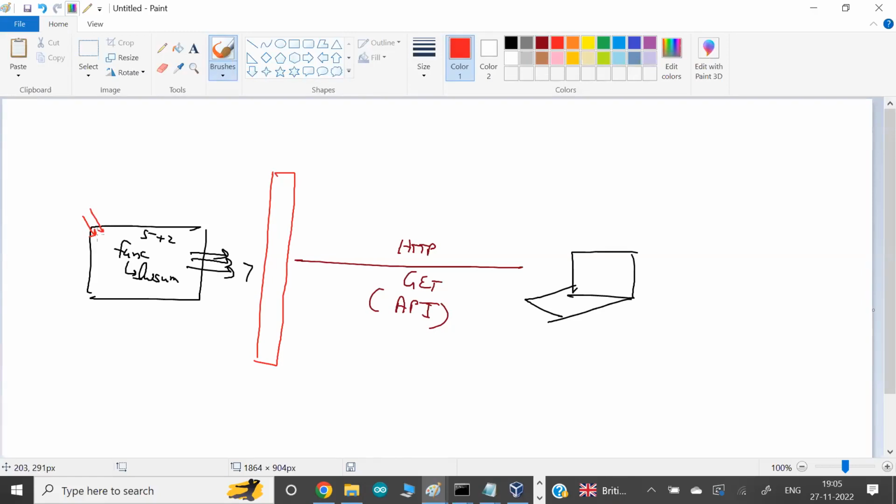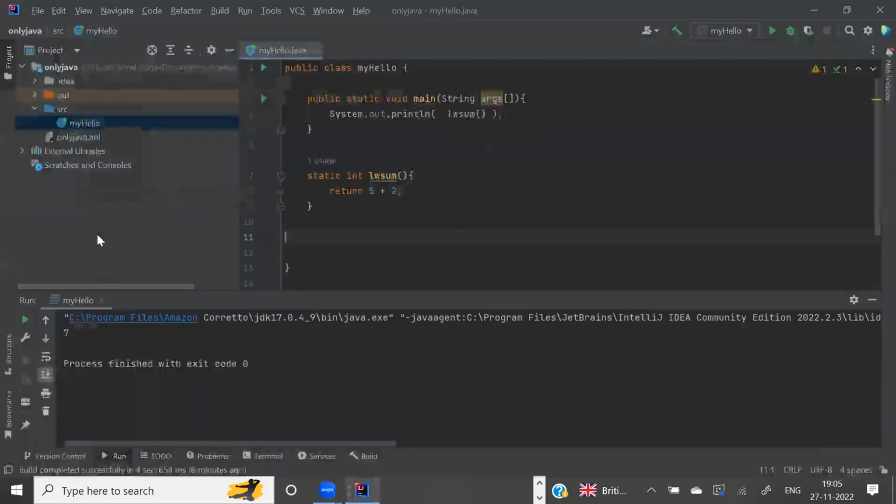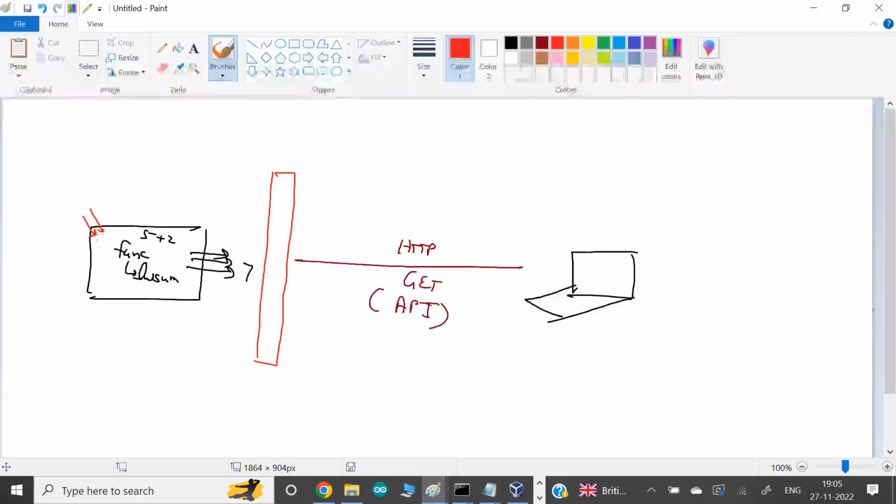Same code, there's no change in the code. Okay, what can we do? If you set up the Quarkus here, install the Quarkus library here, what Quarkus will provide us? Quarkus will provide us one very, very fantastic facility. After we apply the Quarkus, now Quarkus can very easily do one facility here. That now this function, they're giving the output 7 here, where in the same system of black screen of